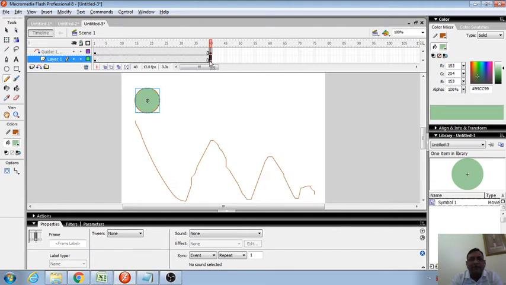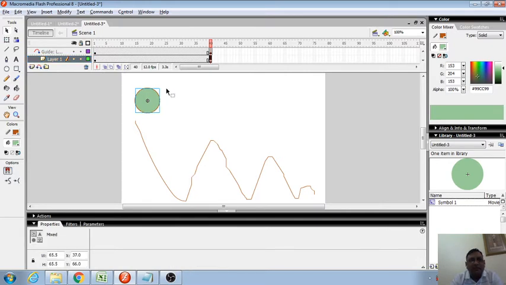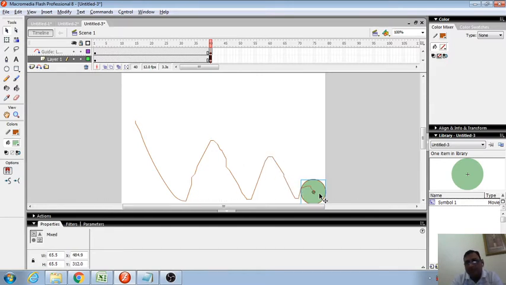Here is the last place. So I will put my ball in the last place here. This is the place where I want my ball.